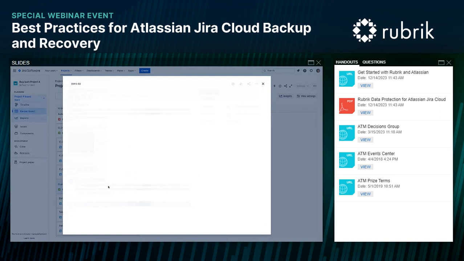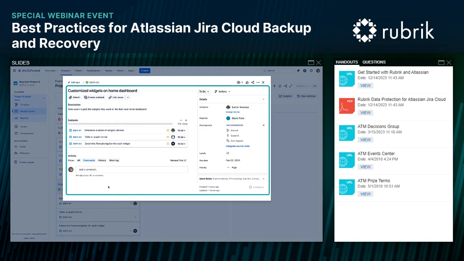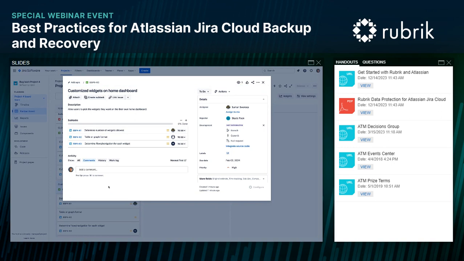So hopping back into Jira, we can see that our issue was successfully recovered and has the associated subtasks, assignees, and other issue content that we need. But what if you're in a situation where you need to troubleshoot for a recovery? A key to expediting these complicated types of recoveries is first knowing what data is changed and when. Let's take a look at the Analyze feature in Rubrik to help you expedite these types of recovery.